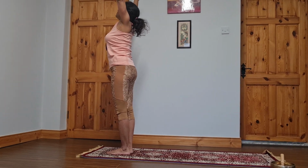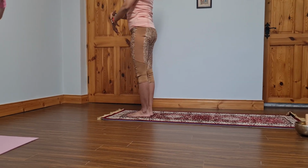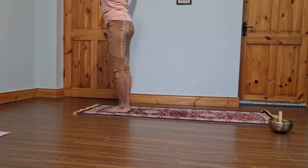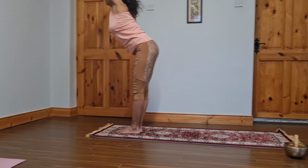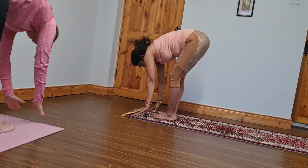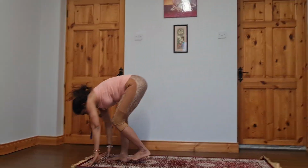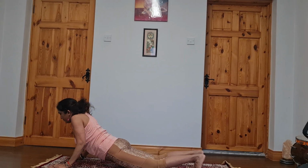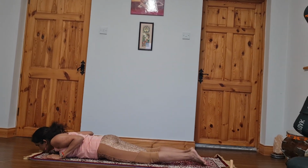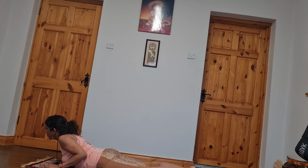Exhale, hands on the side of the body. Inhale, circle your arms up, look up. Exhale, forward fold, palms on the mat. Inhale, step back, knees down, lie down. Inhale, raise your chin and chest off the mat for Bhujangasana. Exhale,